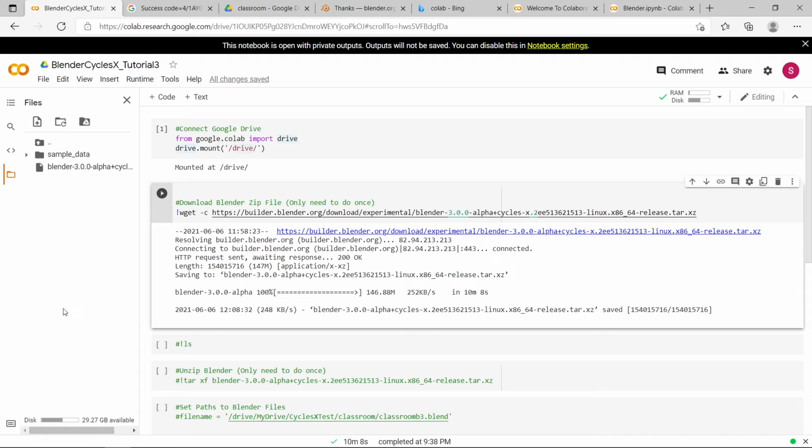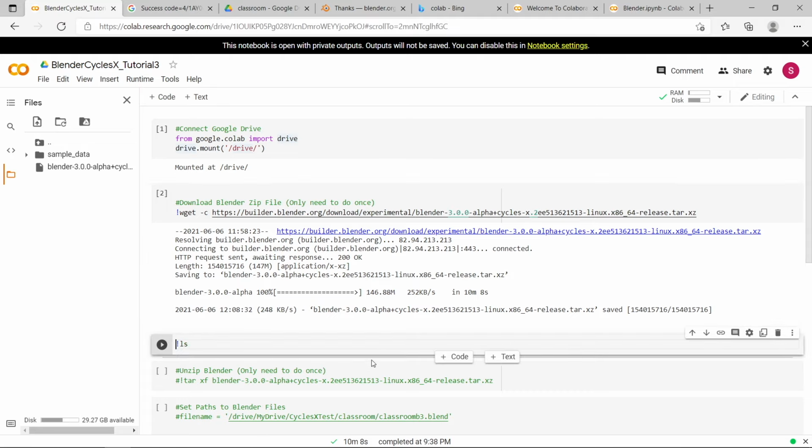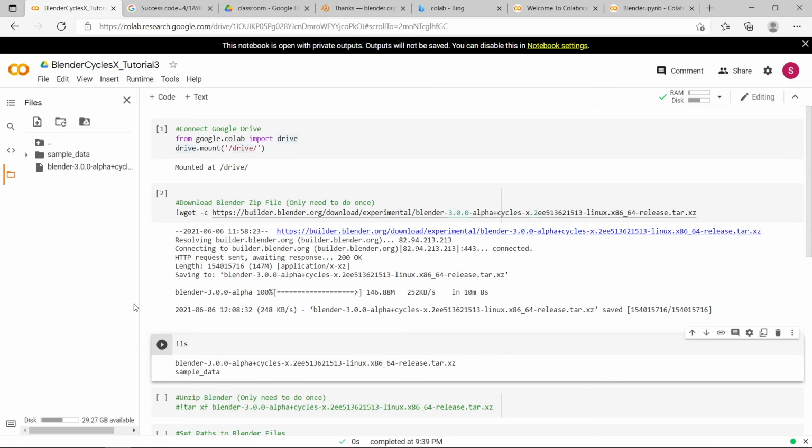So the next step is to unzip the tar file that's just been downloaded from the Blender website. To do this, we need to know what the file name of the zip file is. You can find that out by typing !ls and running that. And you can see it's saved this file here, Blender version 3, alpha Cycles X branch, and the tar.txz is just a zip file.